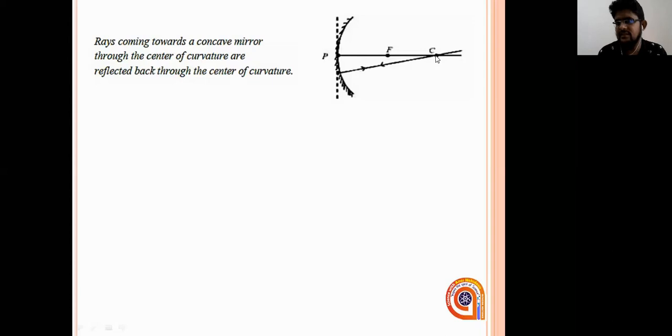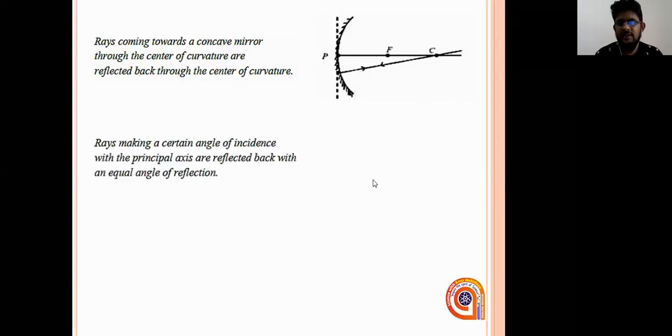Center of curvature, that is the center of the curved surface or the spherical mirror that we take. If a ray is incident along the center of curvature, it will move back along the center of curvature. That is because, though you take the principal axis, these rays coming along the center of curvature are all like radials. Why? Because from the center it comes to the circumference of the circle.